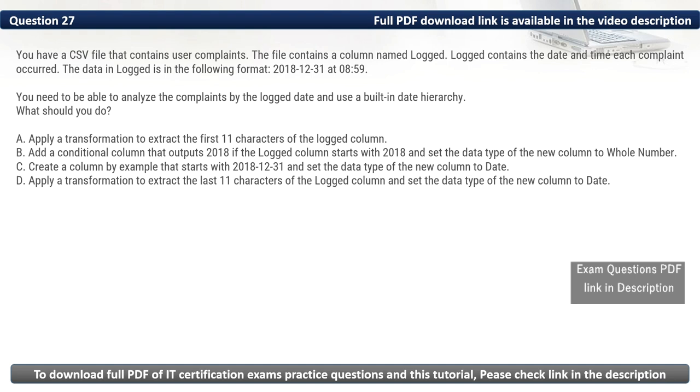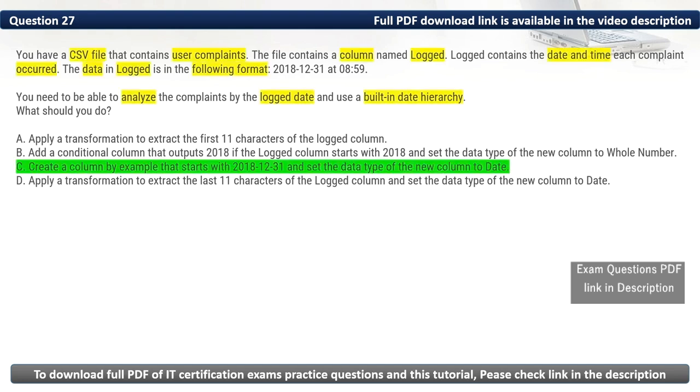Here in this question, we have a CSV file that contains user complaints and has a column named logged. Logged contains the date and time each complaint occurred in the given format. We need to be able to analyze the complaints by the logged date and use a built-in date hierarchy. Considering this, we should create a column by example that starts with 2018-12-31 and set the data type of the new column to date.